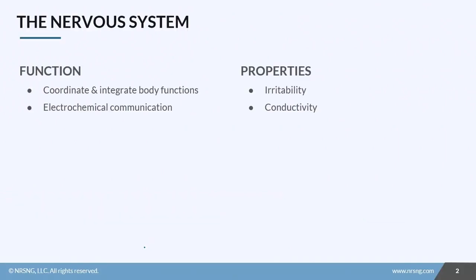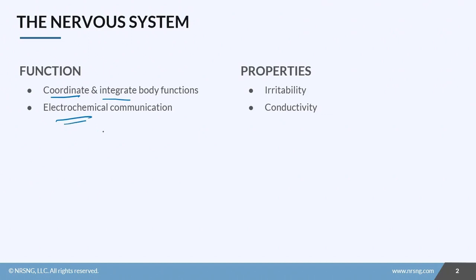Guys, in this lesson, we're going to talk about the anatomy of the nervous system. So first, I want to make sure that you understand the purpose of the nervous system. This is what helps us coordinate and integrate all of our body functions. So that's everything from moving to breathing to digesting our food. It is all coordinated through these electrochemical signals that send signals from the nervous system out to other parts of